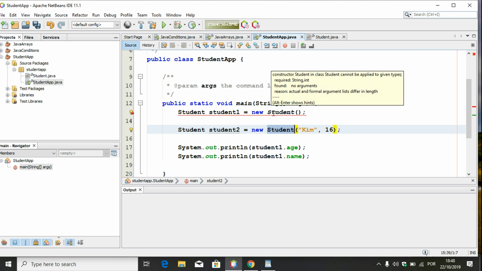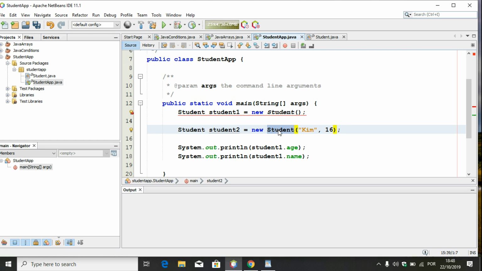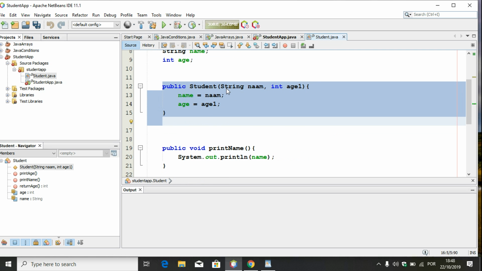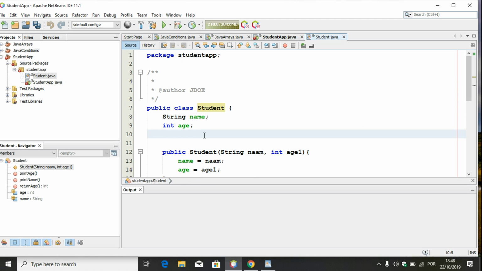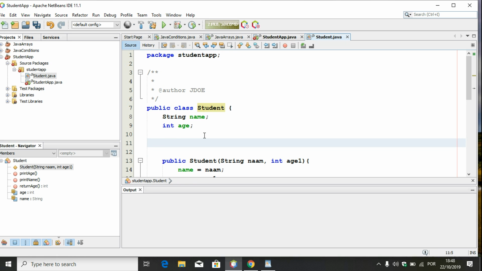In that case, we need to define two constructors in the Student class. Right now we have one. So if you want anyone who creates a Student object to use either constructor, with no argument or with name and age,